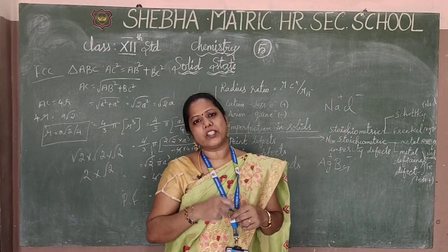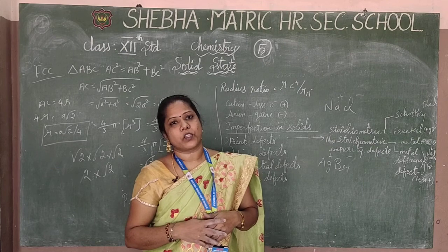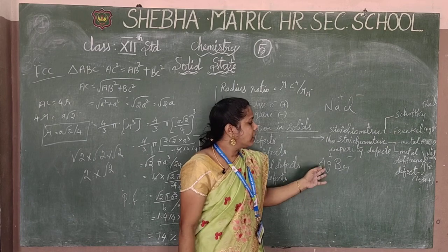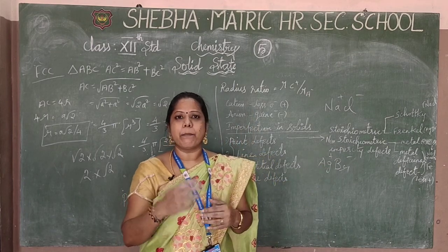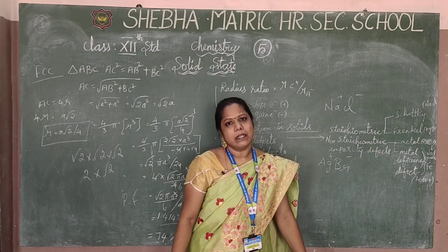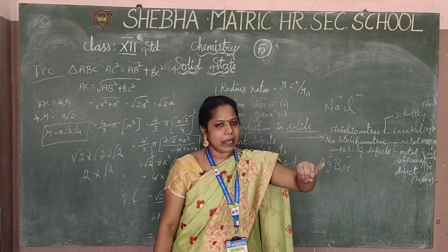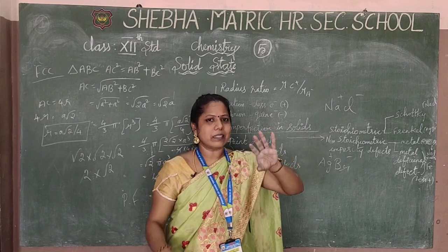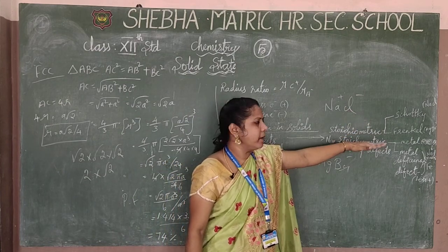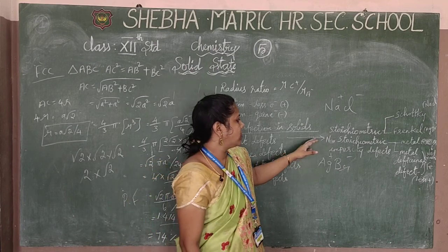In Schottky there are only small changes, the similar size, but here the Frenkel defect has different types of ions. The positive or negative ions have some difference in size. And the missing ions are also a different number of atoms. So this type of defect is called what? Frenkel defects. Okay, so stoichiometric defects are of two types, Schottky and what is that? Frenkel. In Schottky the size is the same and the number of missing ions is also the same. In Frenkel it is the right opposite, the size is different and the number of missing ions is also different.